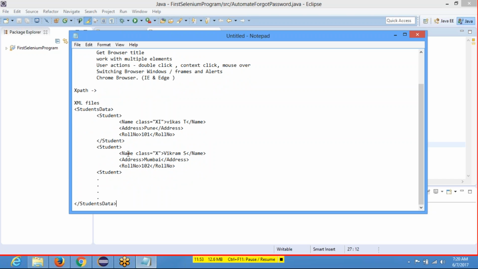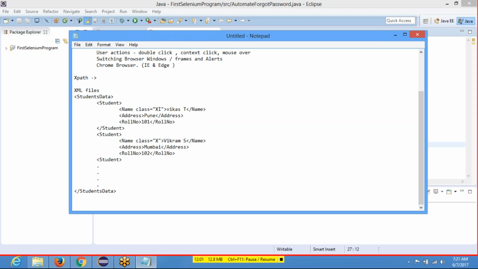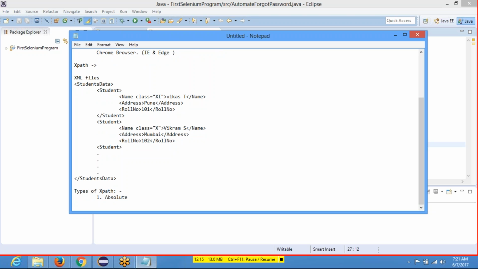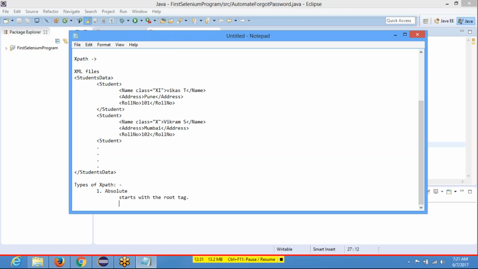So let's say in this case I wanted to locate this element. This is one of my elements. So how do we write XPath? There are two types of XPath. The first type is absolute XPath. Absolute XPath starts with the root tag. In my case, my root tag is students data. So the absolute XPath for identifying this element will be